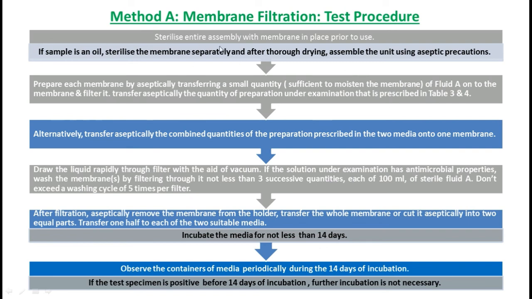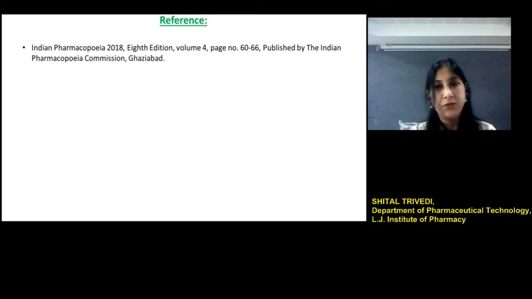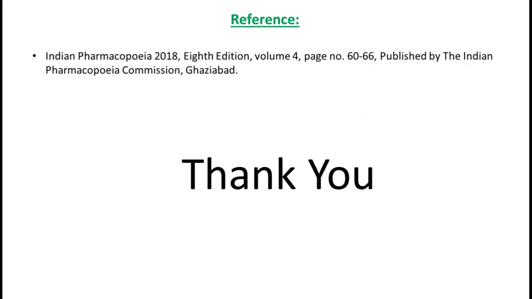So based on the type of product, methods can be modified. For example, for viscous oily products, sterile isopropyl myristate diluent can be utilized. In the case of catheters, in which the inside lumina and outer surface are required to be sterile, in this case the catheter can be cut into pieces, and then these pieces are immersed into the culture media for the sterility testing. The information on sterility testing is referred from the Indian Pharmacopoeia 2018. So this is all about sterility testing.